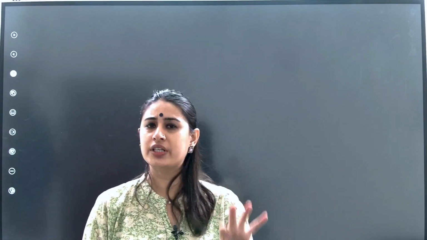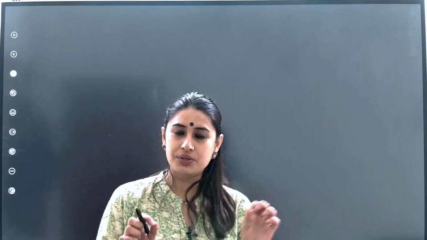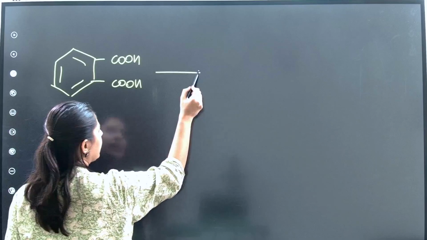Okay, so we've just introduced what is imide, what is amide, what is phthalimide. Here the names are very, very important, and how the writing part is going on is very, very important. So if you remember, we started with phthalic acid, which looks like this, COOH, COOH, correct? This was your phthalic acid.